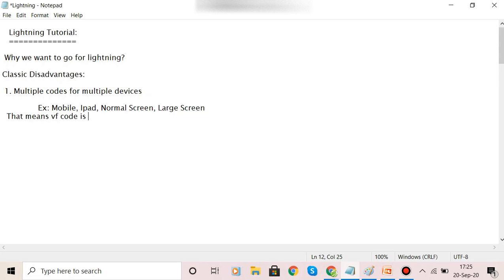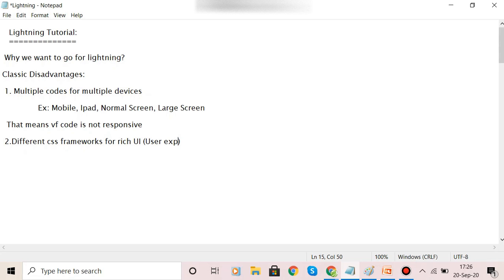It means we have to create more codes for multiple devices in classic. Actually, UI you can also call user experience.